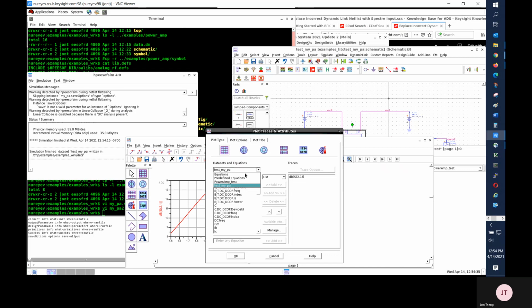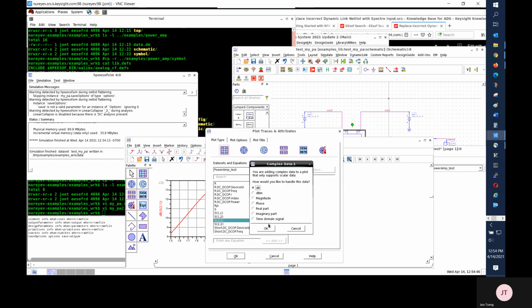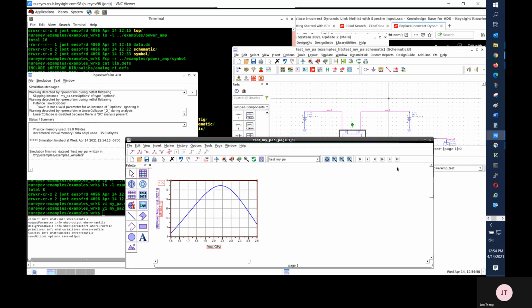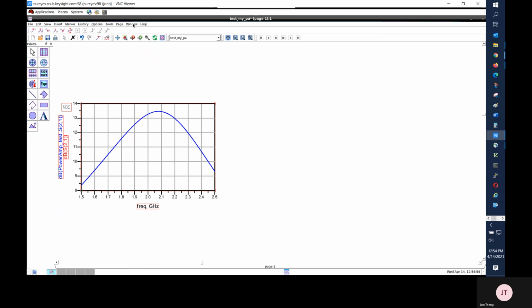In the datasets and equations dropdown, select a different dataset to compare with. PowerM test is the original dataset. Selecting S21, it will plot the original result and the result of this new component on the same chart. The results are identical, so those two curves overlap.